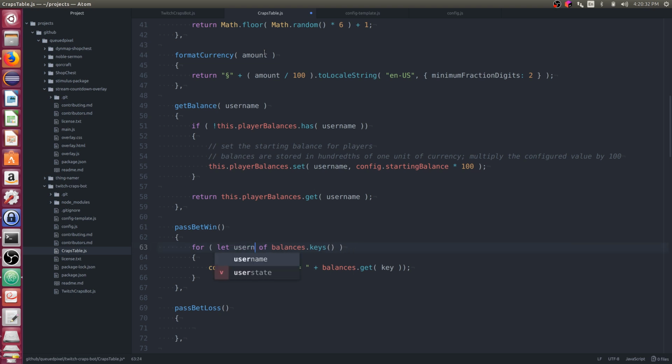Let's spell it correctly though. Username of this.passBets, yeah, pass bets. Instead of logging stuff, we're going to do something with this.